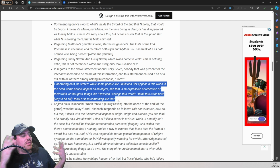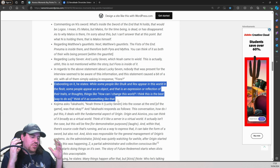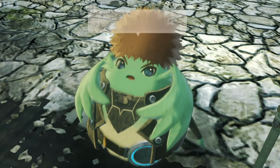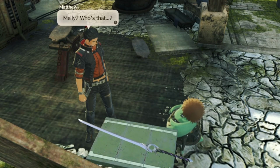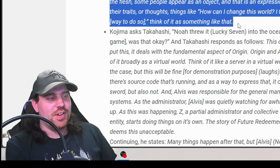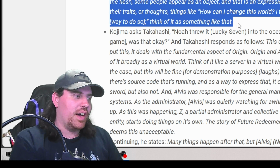Okay, so, the people appearing as objects. Now, of course, we know that when the worlds were to collide, Origin basically took all the souls and kept them safe, locked up or whatever. And of course, as we know from Future Redeemed, Melia was the one who forged Lucky 7. So I wonder if during the planning process of all this, Fiora said, hey Melia, if for whatever reason you need a weapon, you can use my soul to empower this thing, or Melia just decided to use Fiora's soul because